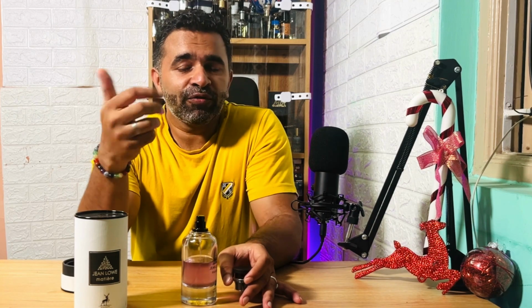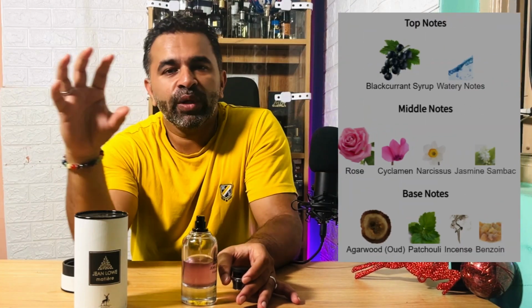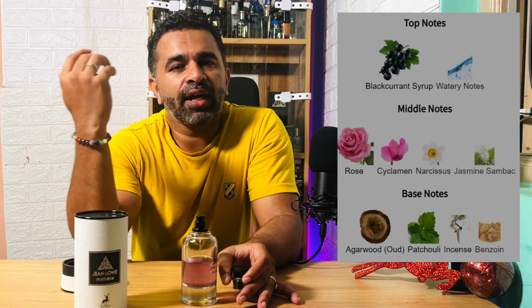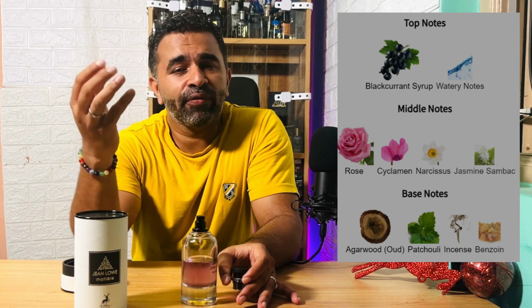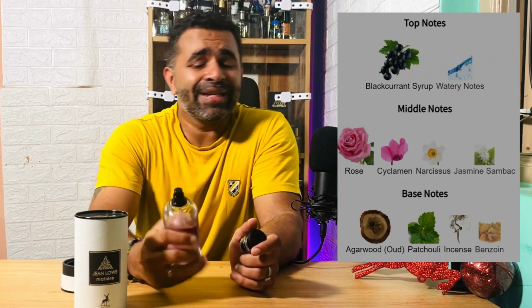right? Now this particular fragrance, I feel, is built on top of that, because with those four notes, which are the same as in Ombre Noir, the sensation is the same, which is a dark scent as such, but what is different is the added notes on top of it. Like at the very top you have blackcurrant, you have watery notes, and in between you have flowers, like you have rose, you have jasmine and all of that. Then in the base you have oud, you have patchouli, you have benzoin, you have incense, all of that making